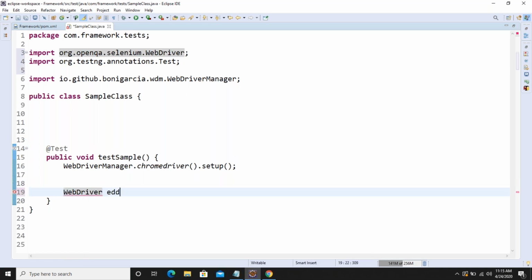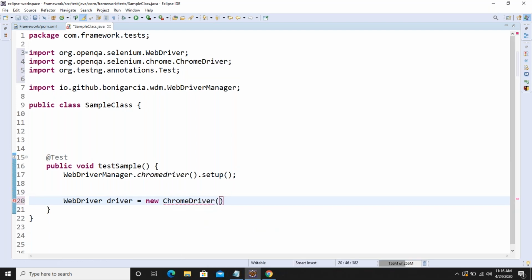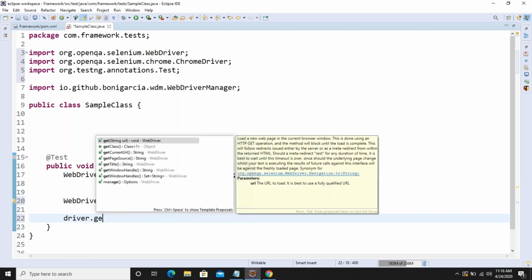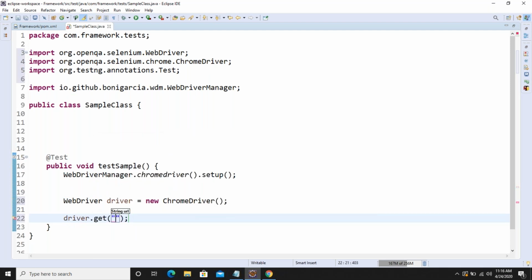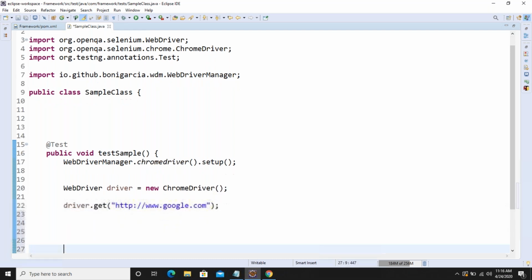We'll create a reference object for it. Finally, I'm closing the browser.